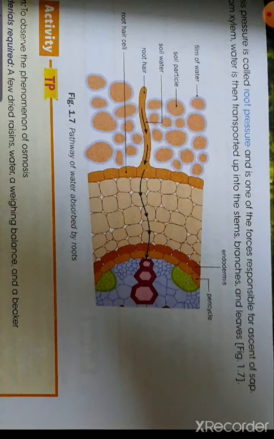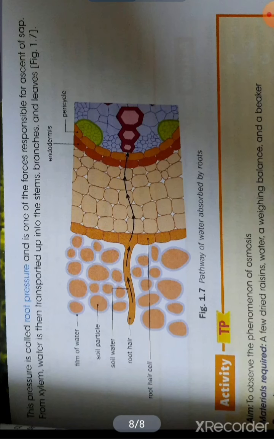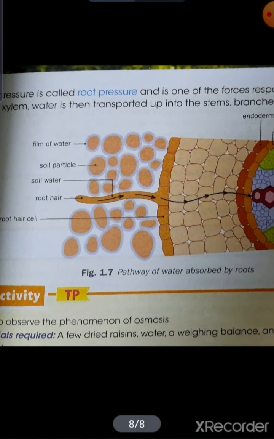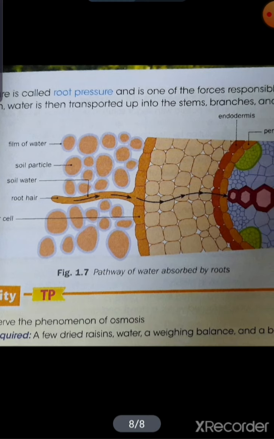If we see this diagram, you can understand this properly. So see this diagram. The soil particles, these big round cells, are the soil particles. More water is present in the soil. Now water is coming from the soil into the first root hair cells. You can see here the root hair cells. Now you can see this black movement of the water molecule from the first root hair cell to the next, from the next to the third, then the fourth, like this it will come.